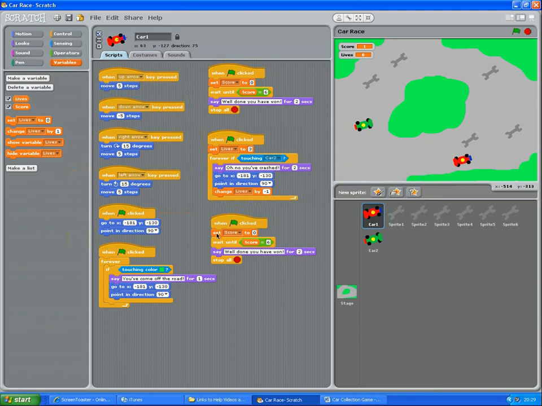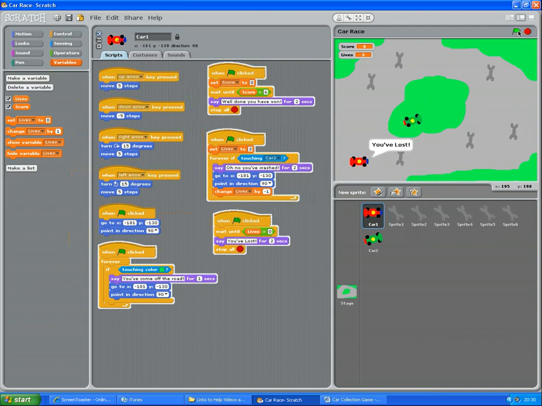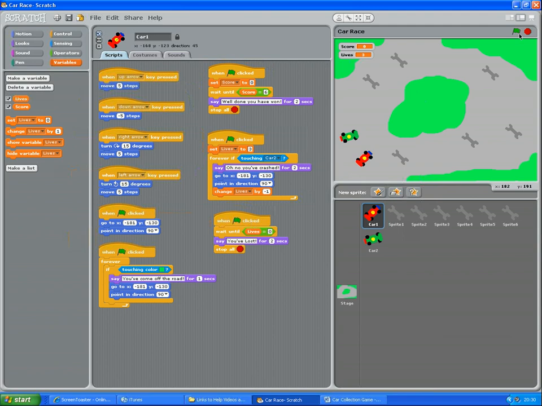So I'm going to get this part, get rid of this score bit. You could have the score on that bit as well, it doesn't make actually much difference. But I'm going to get rid of that little score bit and then lives. And so when lives are equal to 0, say you've lost. And then once that is done, hopefully, when I click stop and then play, you can see, oops, let's start